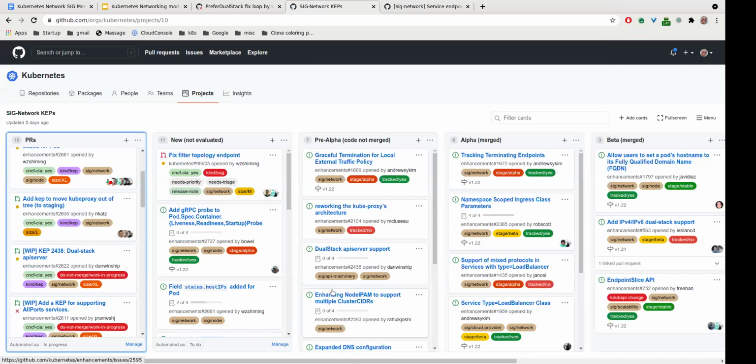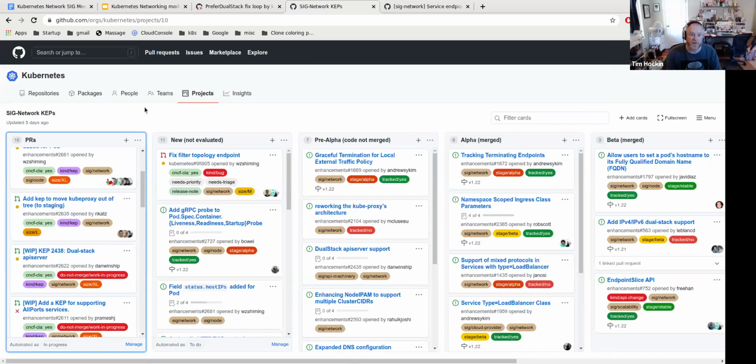So anyway, my point was we have a ton of stuff going on and it's been very tricky to think about the intersection of many of these. So I wanted to soft propose, just to float a trial balloon here. I don't know about you all, but I'm feeling a little overwhelmed with these. I would like to suggest that we slow down on the number of net new KEPs that we throw in until we can clear out some of the big ones that we've got going on, like dual stack, like cluster network policy, like multi-CIDR.